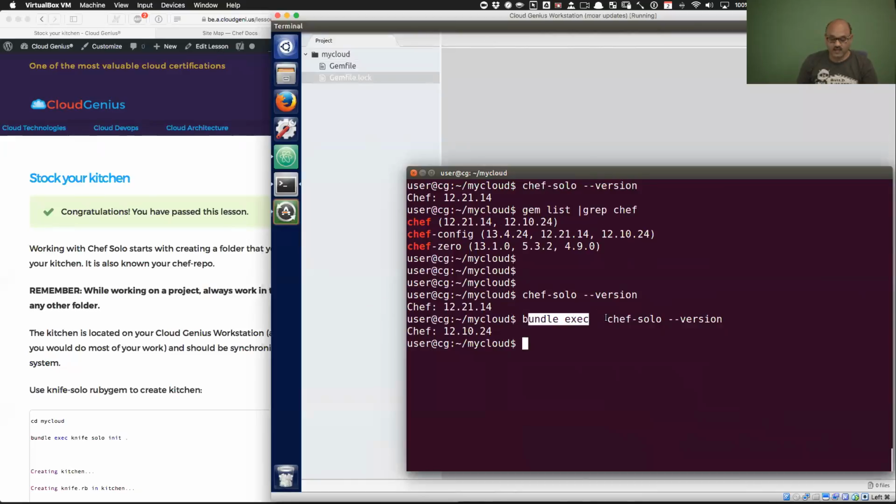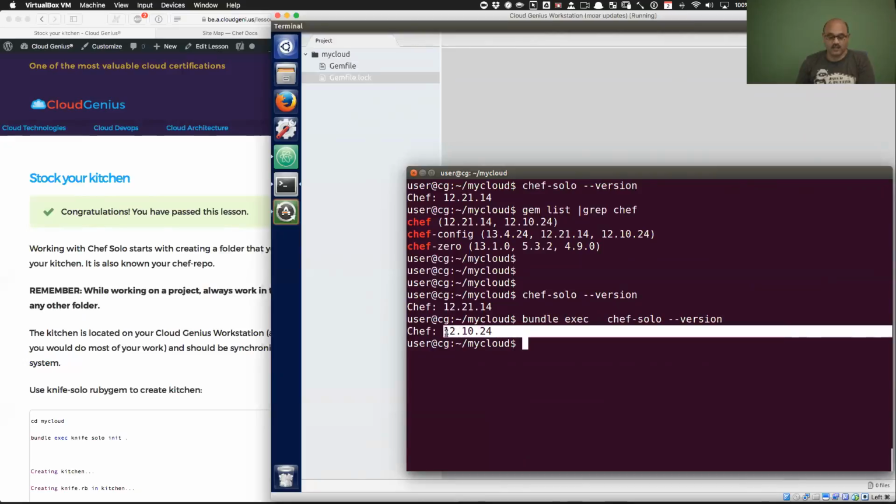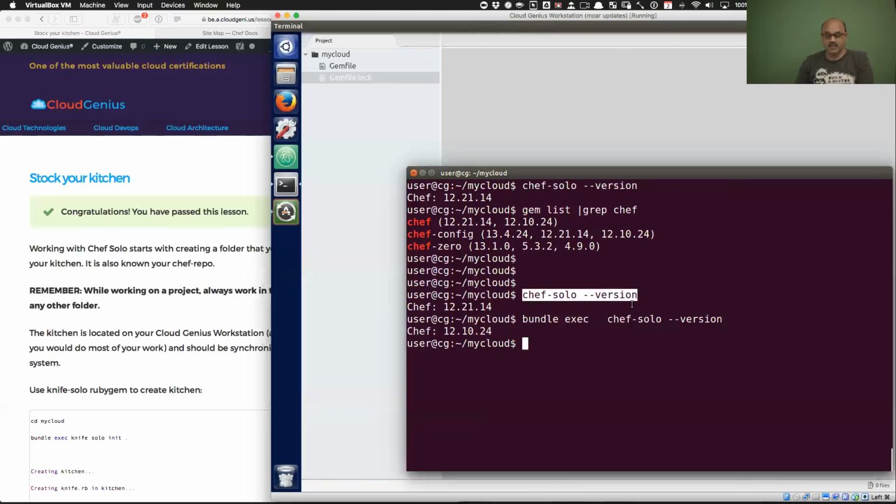So if you prefix any command using the bundle exec prefix like this, it will run whatever that particular project folder contains. And like you can see here, the version of chef that we want to use is the one that is dictated by the gem file. So if you prefix the command with bundle exec, you will notice that it is honoring that and running the appropriate version of chef. However, if you don't use it like in this example, it just picks up the latest version of chef and moves on. Having done this part, I would like to now uninstall